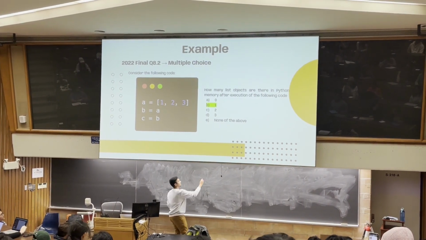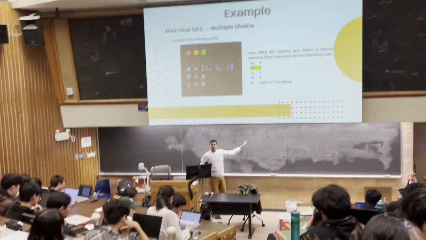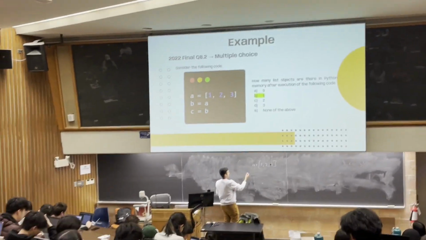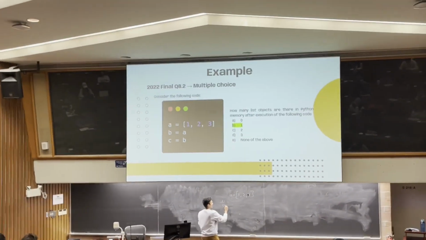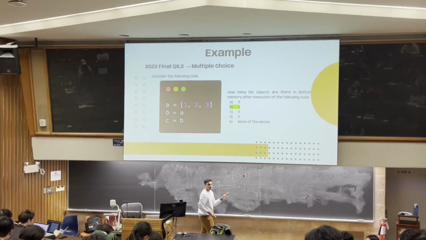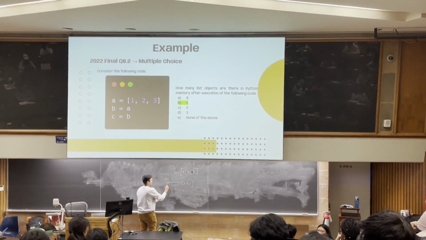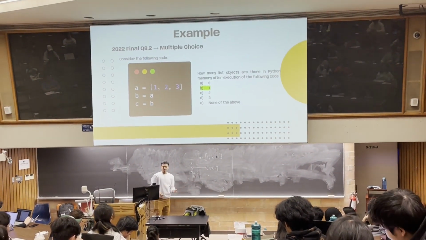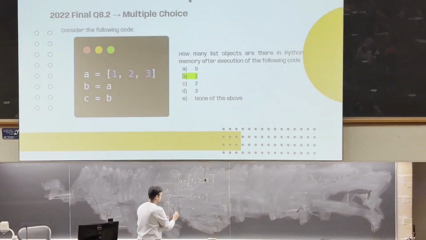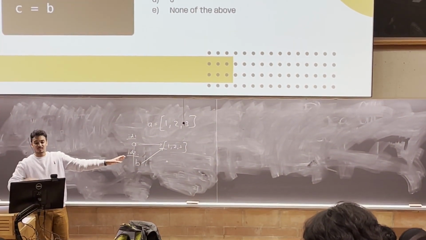So we have an array, right? This is our first line of the code. When we do a memory model for this one, we have, let's say, a in ID 1, which maps to an array 1, 2, 3 somewhere in the memory. When I do the second line, b equals a, a new variable is created. Let's call it id2, call it b. This is equal to a. In Python, it doesn't create a new array of the same thing. Instead, since b is equal to a, b also points to the same array. Is that clear? Similarly, for c,